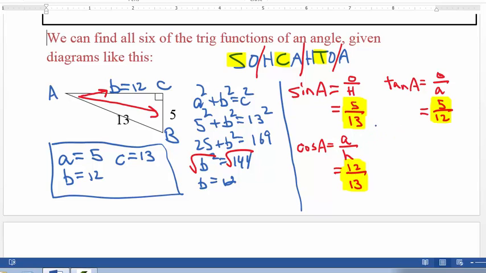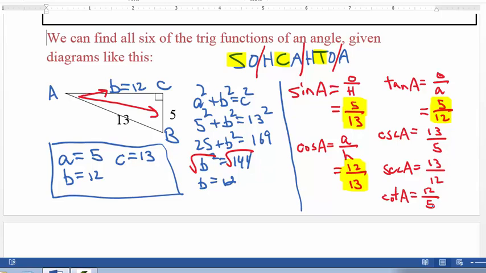And now if I want to do the reciprocal ones, the reciprocal of the sine was the cosecant of A. And instead of remembering a definition of cosecant as being the hypotenuse over the opposite, just think of it as the reciprocal of the sine. So cosecant is really the reciprocal of 5/13, which is just going to be 13/5. Right? And then the secant of A is going to be the reciprocal of the cosine. So if the cosine was 12/13, the secant is going to be 13/12. And then, of course, the cotangent of A is going to be the reciprocal of the tangent, which would be